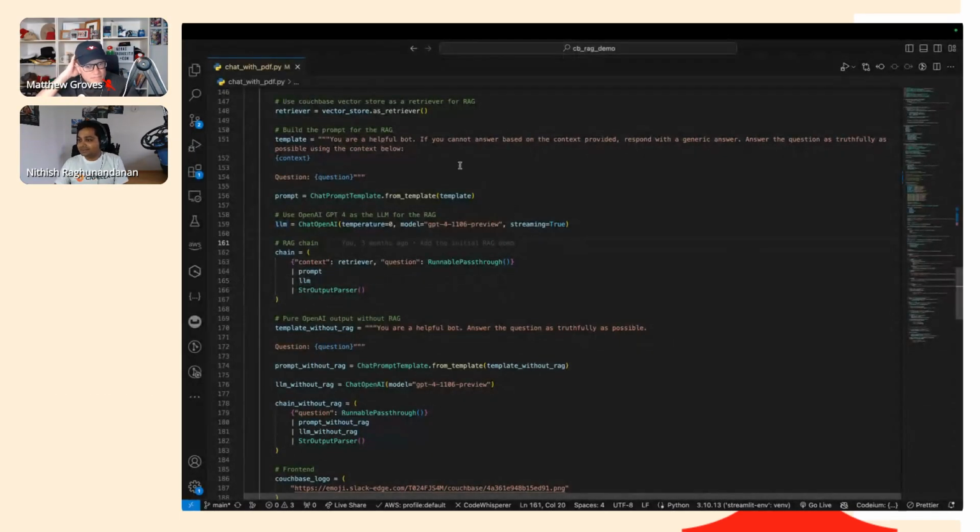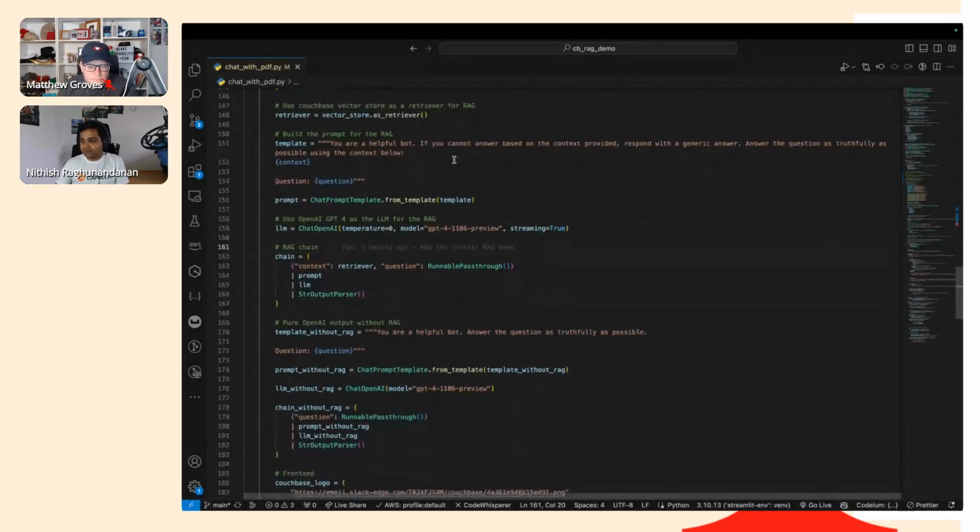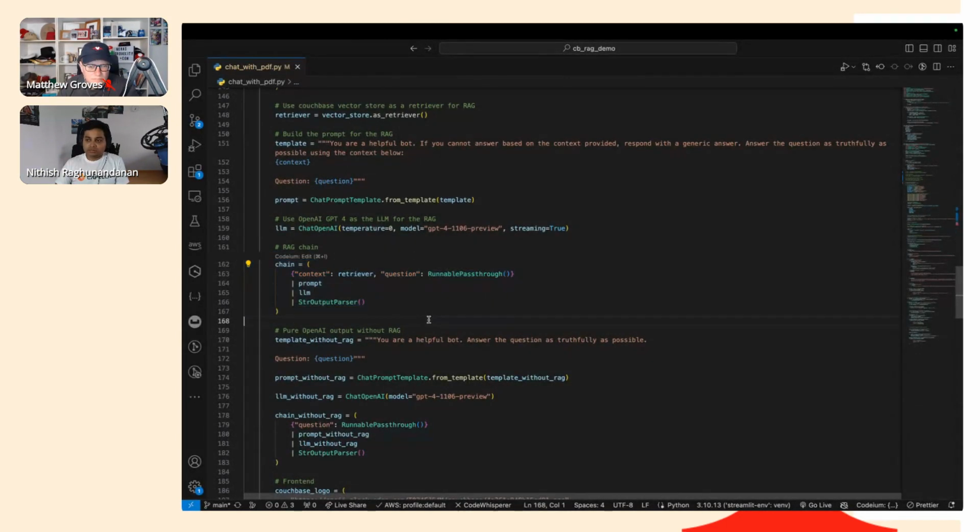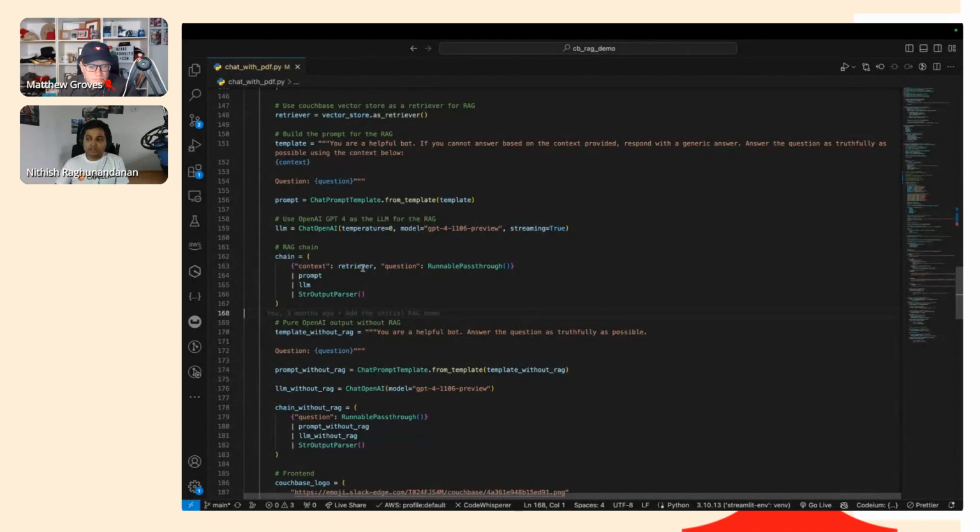Okay. Sorry about that. So essentially, the whole RAG approach is just this one line. You have a chain, using the LangChain expression language, and you provide context in. You have a prompt here, asking the LLM to answer as honestly as possible, and you provide the context and the question.